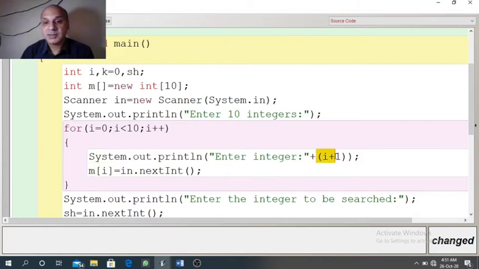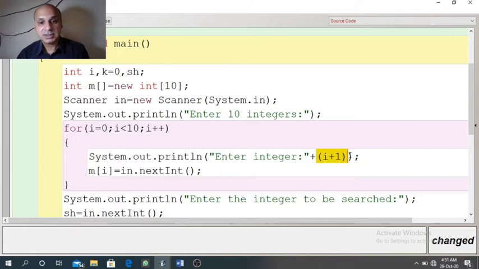And the reason of writing i plus 1 is that it is a convenient message for the users to understand, means which number he or she has entered. So when i equal to 0, it will become 1. When i equal to 1, it will become 2. When i equal to 9, it will become 10.